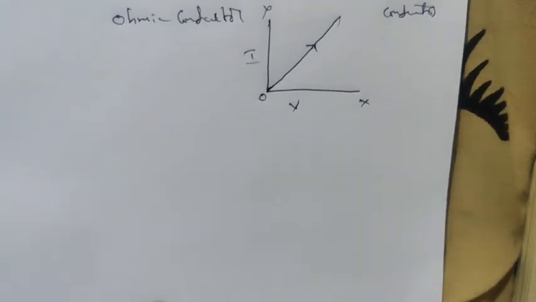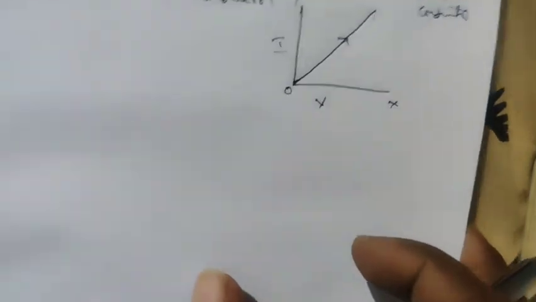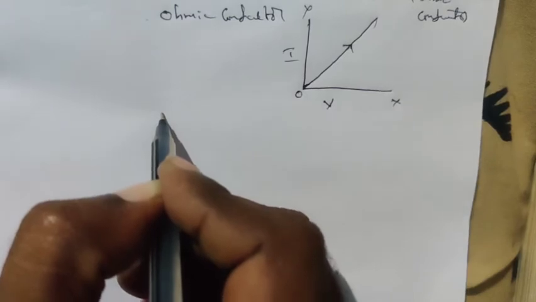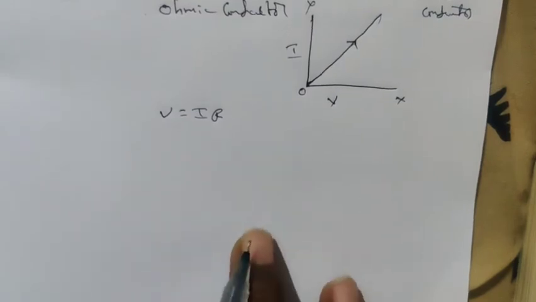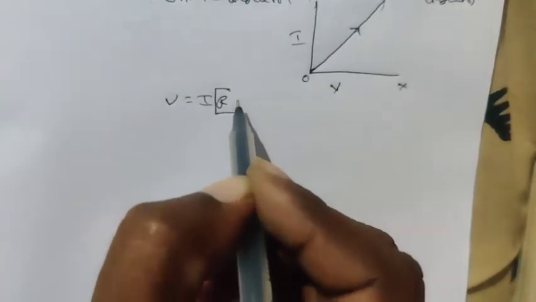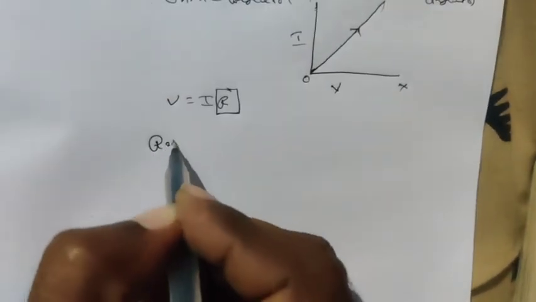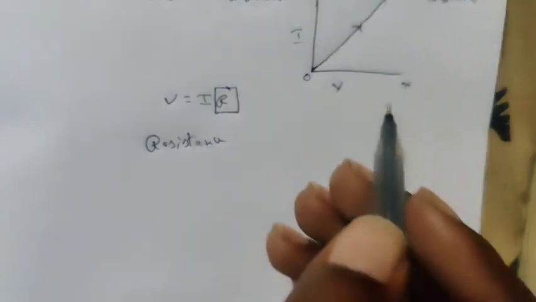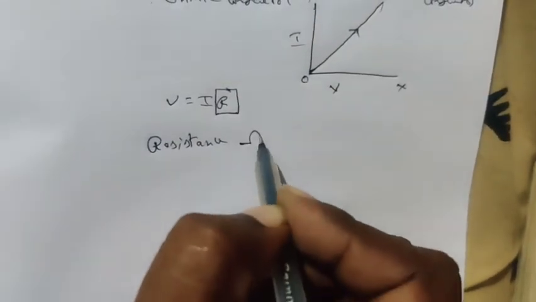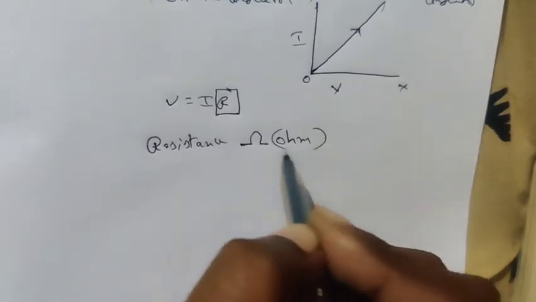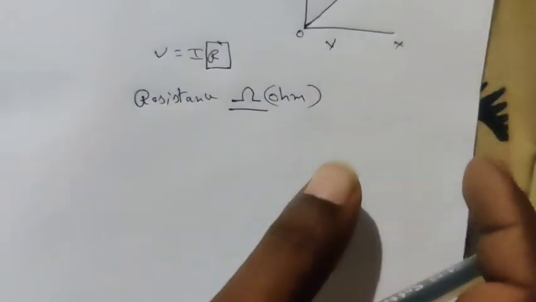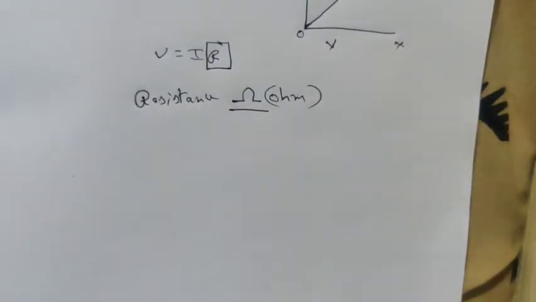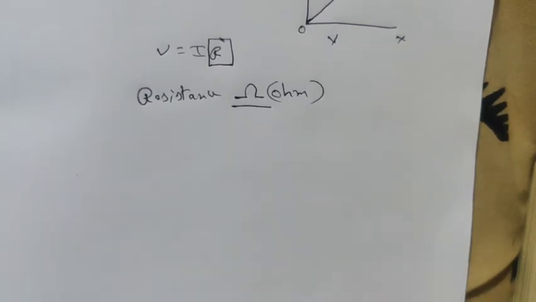Now let's go for the next point here. We said that R equals V by I from Ohm's law. So based on this, we said resistance is a constant. It is denoted with the symbol Ohm. This is the symbol for the Ohm. So the resistance is an integral part of a conductor. It can exist inside the conductor. It can be provided from outside the conductor also.